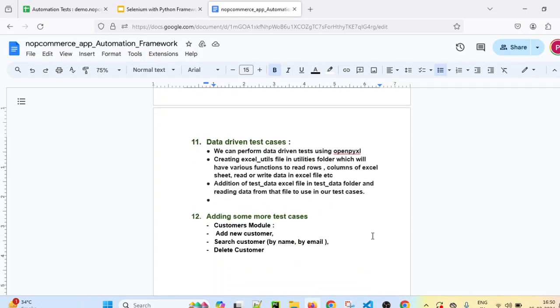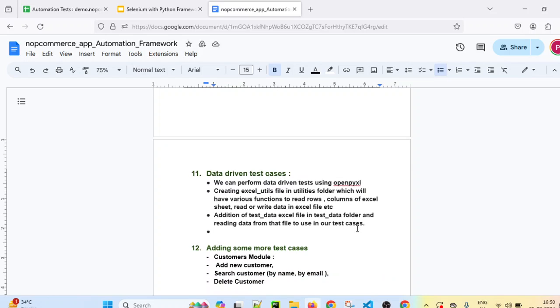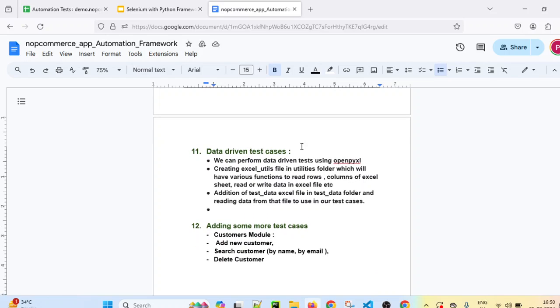And in our previous session, the last session which we had, we saw data-driven test cases. We saw how we can perform data-driven testing using OpenPyXL. And in today's session, we will continue. Most of the work which the framework requires for the initial couple of test cases, we have already covered in our framework structure. So now we don't have to do all this stuff again and again. Once we create the structure of our framework, the next step is the addition of new test cases.